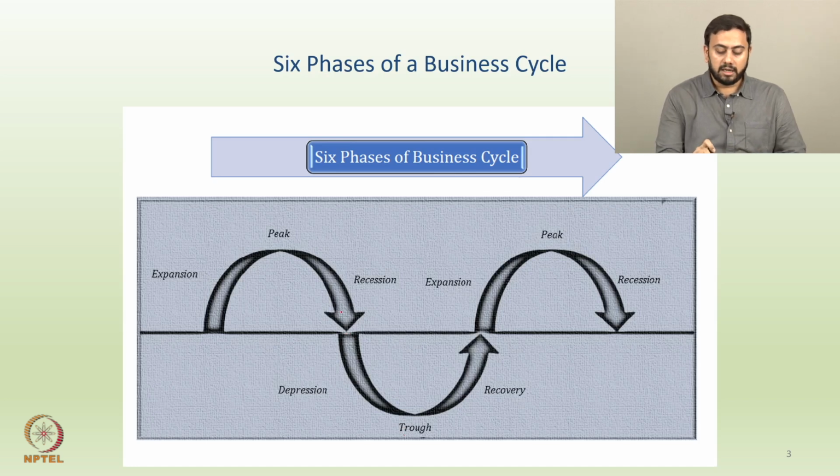And then if it continues to behave in the same manner, going down in a downward trajectory, it's called depression. Then the trough is attained, and once the trough of a business cycle is attained, it again starts to recover. So that is the recovery phase, and then the same thing repeats, alright. So: expansion, peak, recession, depression, trough and recovery. And once this recovery stage is attained, the second cycle begins, alright. So this is a typical cyclical variation of a business cycle.